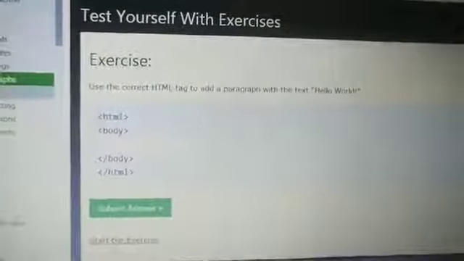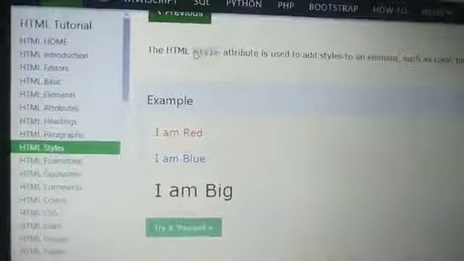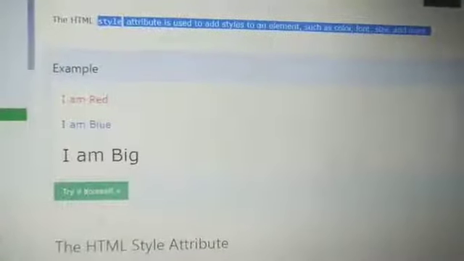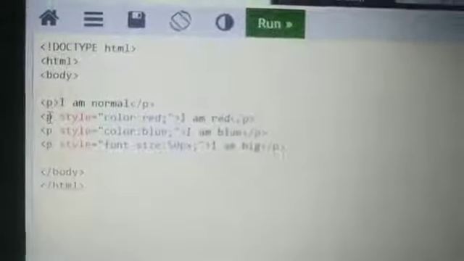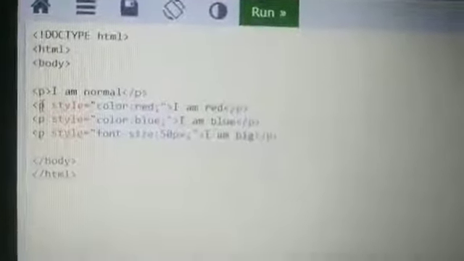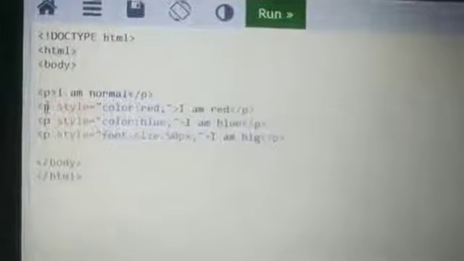Now go to the HTML styles. So the first one, the styling part, is under the style attribute. That is, we can find the color and font size. We can change the font size as well as the color. So if you want to write in a different font size in a different color, you can do it under a paragraph, under any line, or normally in the body.